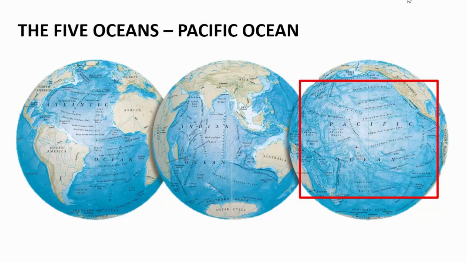The Pacific Ocean, on the northeastern side, is bounded by the North American continent, and on the southeastern side, it is bounded by the South American continent. On the northern side, of course, it merges with the Arctic Ocean, and on the southern side, it merges with the Antarctic Ocean or the Southern Ocean. On the northwestern side, you will find the Southeast Asian countries like the Philippines and all. And then on the southwestern side, you will find countries like New Zealand and the continent of Australia.